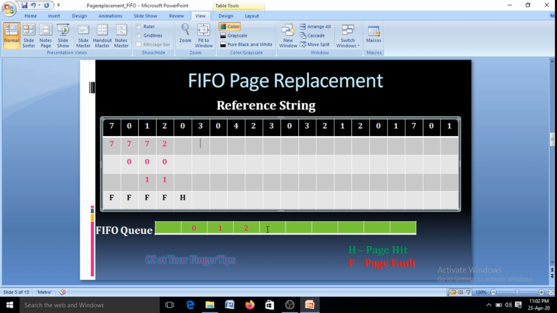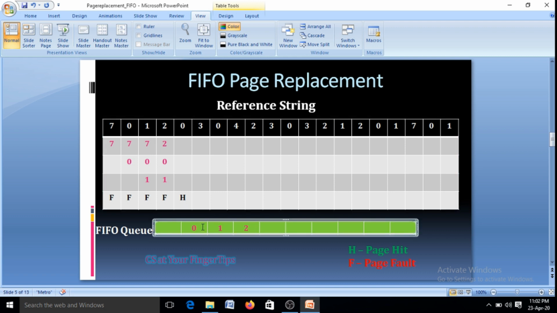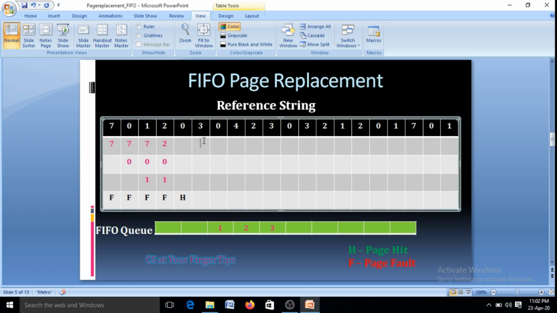From the queue, we can see that the oldest page here is page 0 and it will add the new page to the end of the queue. That is, 3 is added to the end of the queue and page 0 is replaced with page 3. This is the status of page frames in the memory and again it will create a page fault.